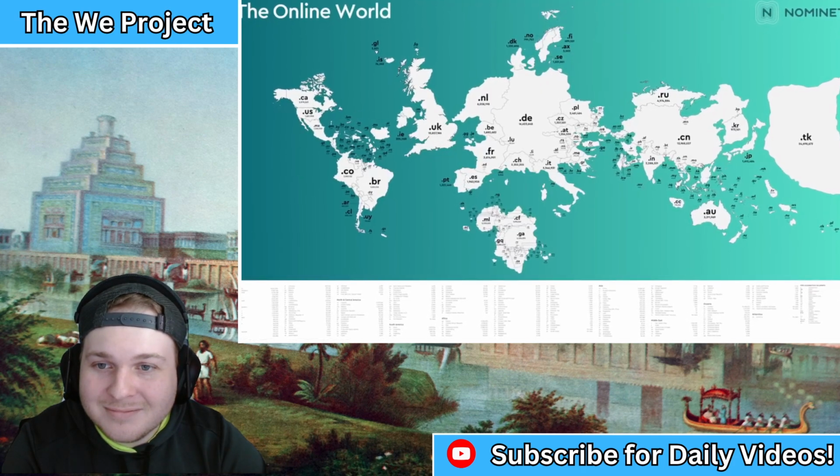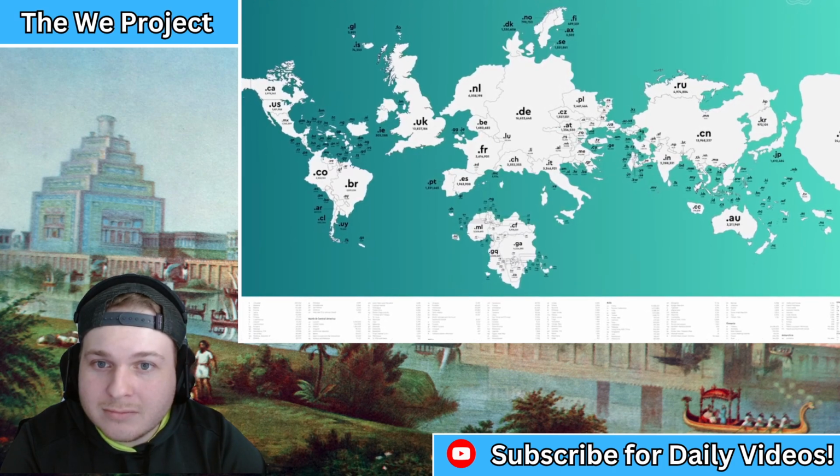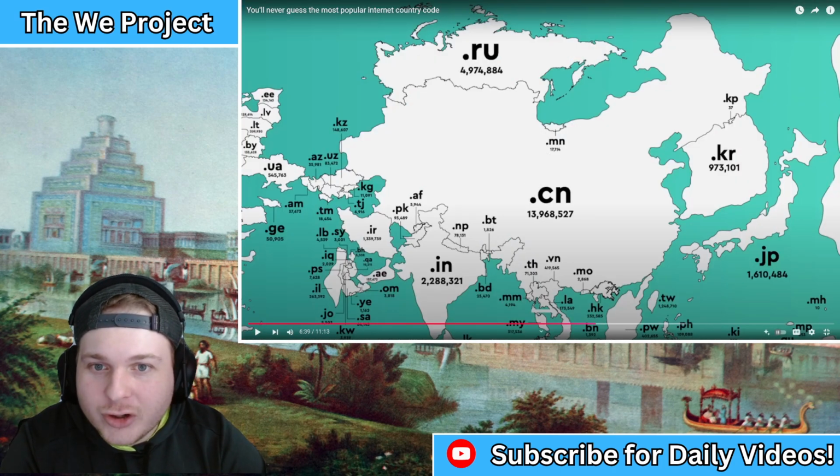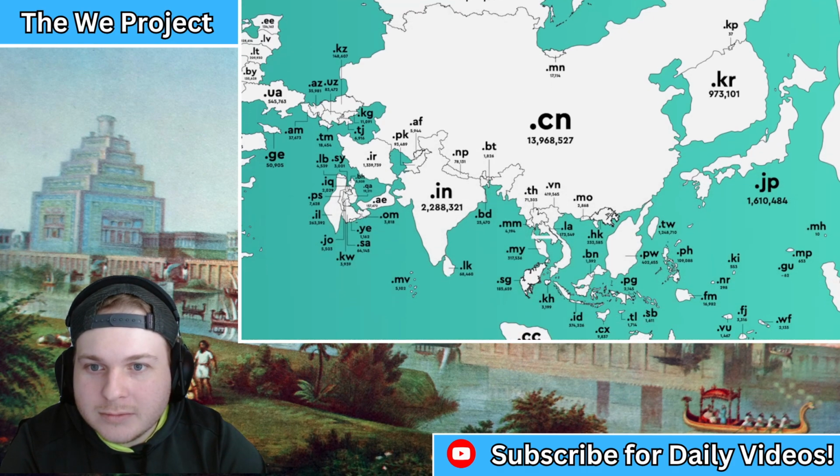Oh, when can we look at that really interesting looking map? Right away. This world map shows the size of each country adjusted to reflect the number of country code domain websites that are registered there. Dang, there's a lot of German websites. The first thing you notice is that some countries are alarmingly, massively bigger than they are in real life.